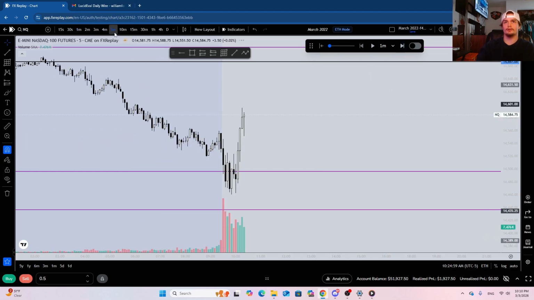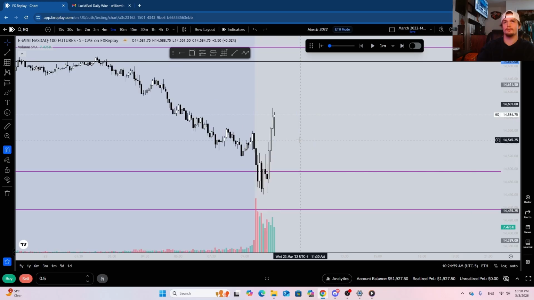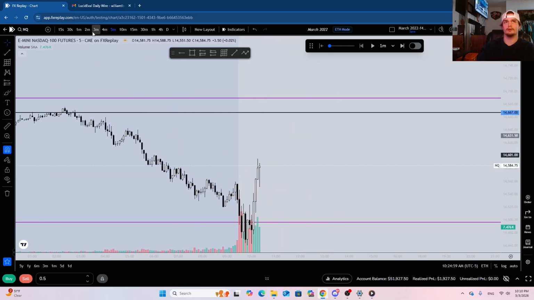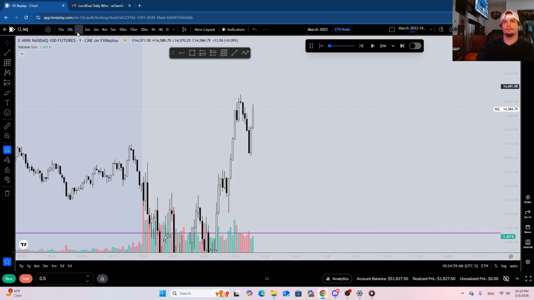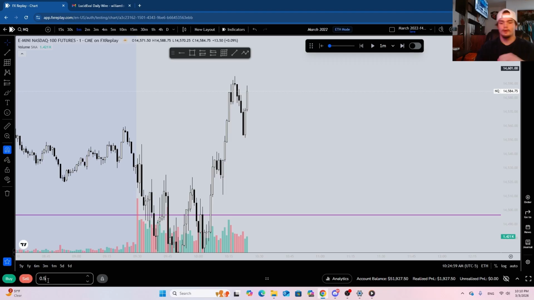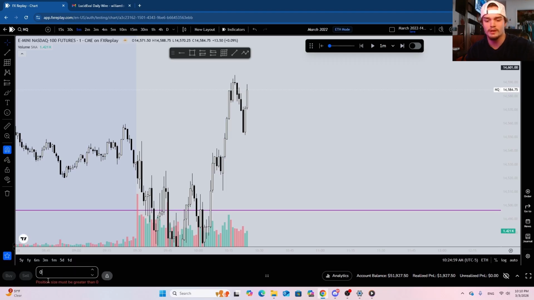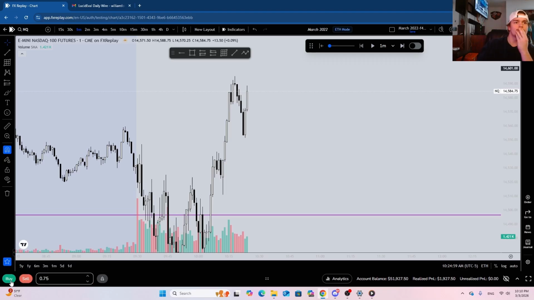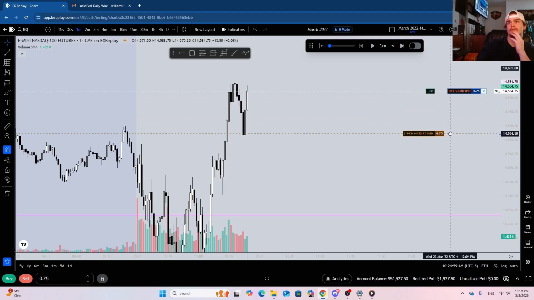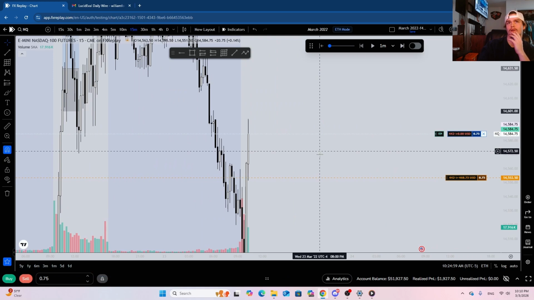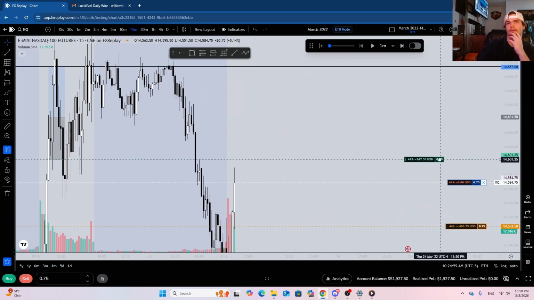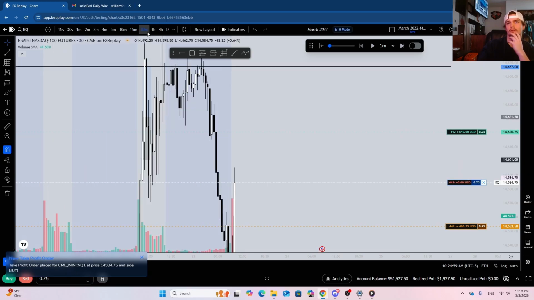All right, so I like that entry here. Reacting strong out of this 5-minute. We have all these stacked lows right here, inversed on the 2-minute as well. Yeah, I like this. I'm gonna go in with like 3-4 size right here. Stop loss is gonna be right here. Take profit. Where's a reasonable take profit at? I guess the top of this 15-minute candle, no wick.